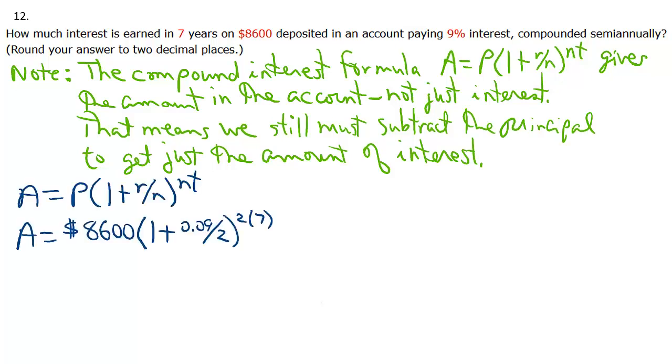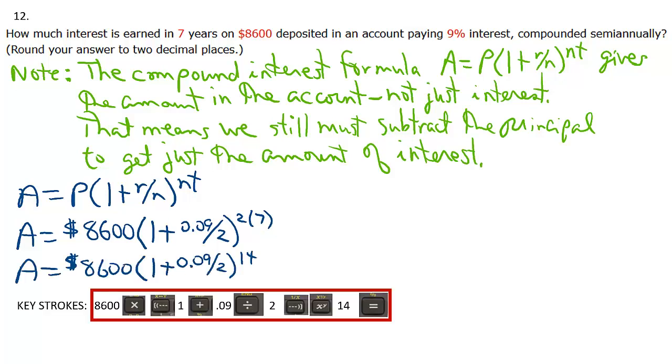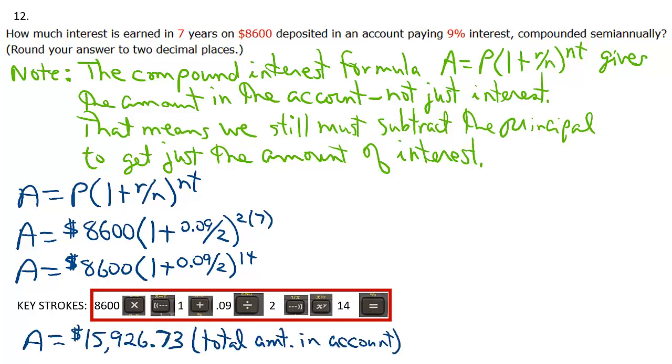So we start off with our formula. The principal is $8,600. The interest rate's 0.09. We're doing semi-annual interest, so that's divided by 2, and it's for 7 years, so T is equal to 7. If you multiply the 2 times 7 and get 14, you can type it right into your calculator. I won't read this out again, but it's the same as some of the earlier problems, and when you type it in,